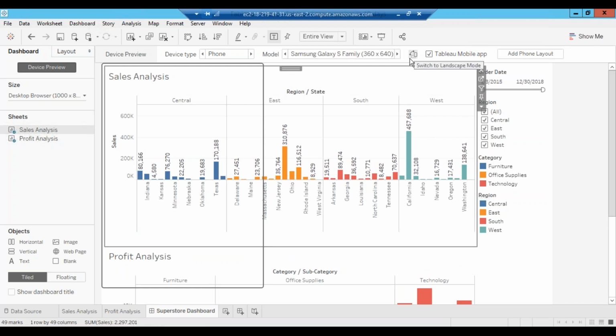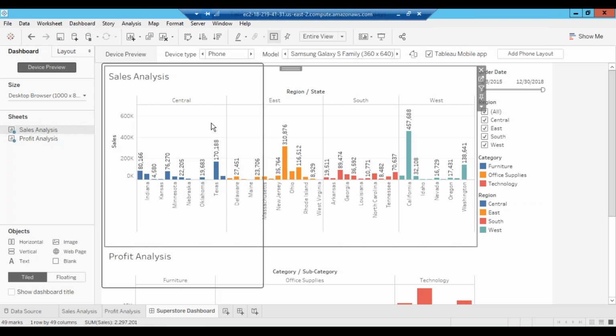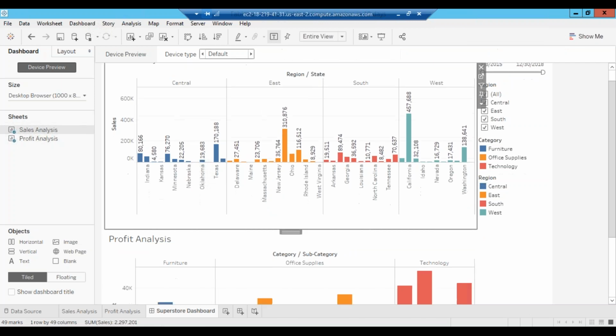So here you have switched to landscape mode. So this is the landscape mode. Here you see this much will be shown. This black box is coming on the top. This is a view of your report which will be shown to the user. This is your full screen kind of mode. Switch to landscape. This is your vertical mode. So this way you can define it for any kind of thing. By default it is like this.